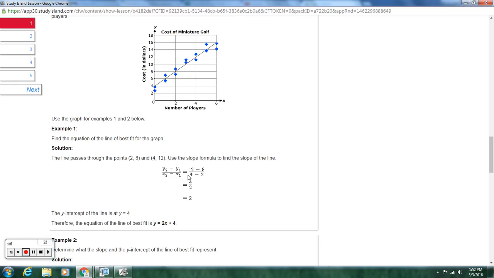And then if you look right here, they use that slope formula. You should know that one. Y2 minus Y1 over X2 minus X1 is the slope formula. But why do we want to bother using this one? They picked 2 points. We could put 2 and 4 in L1 and 8 and 12 in L2, pressing a couple buttons, and